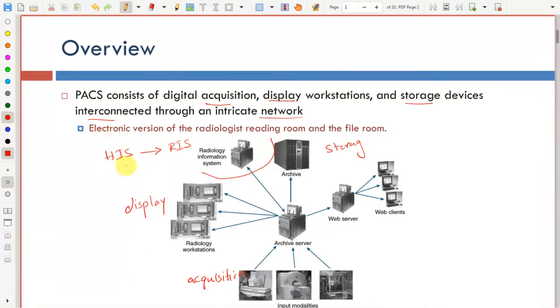So they connect to the EHR of the patient, and they get the information of the patient. Sometimes you get the information of the patient here in the archive server so that you can save it with the archive, and sometimes you actually have some data from here, like the report, that you can send to the Radiology Information System. We're going to talk about the RIS in the next topic, inshallah, but this interface is very